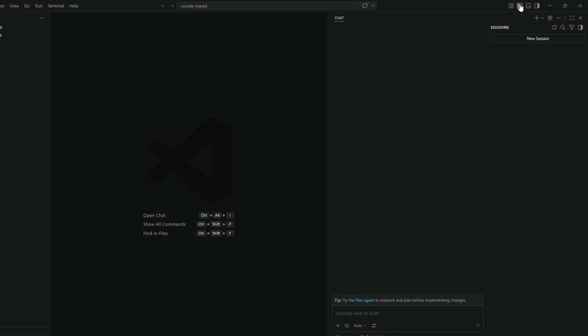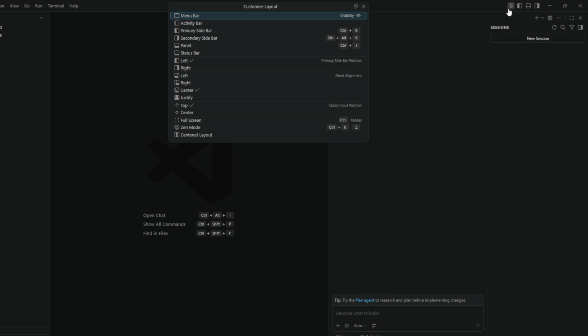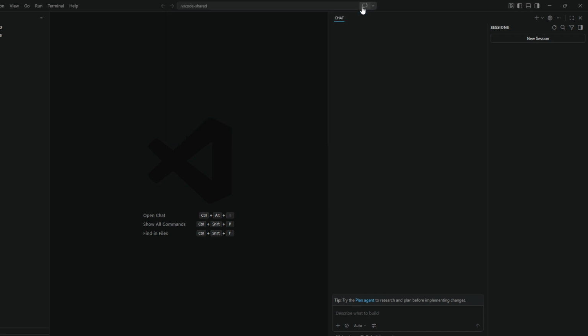At the bottom of the VS Code window, you will usually see the panel area. This is where things like the integrated terminal, output, problems, and debug console appear. Sometimes this panel can take up a good amount of vertical space, which can be distracting if you don't need